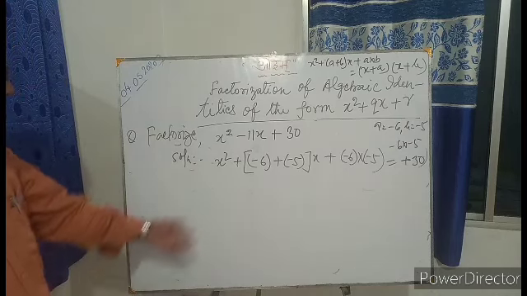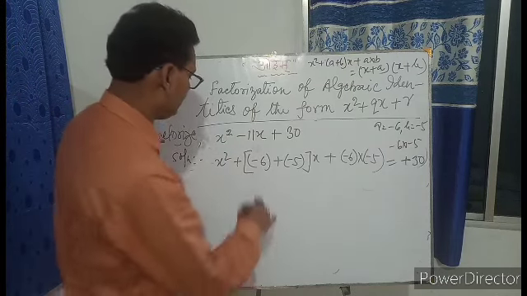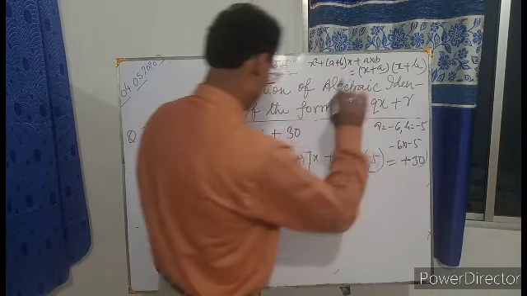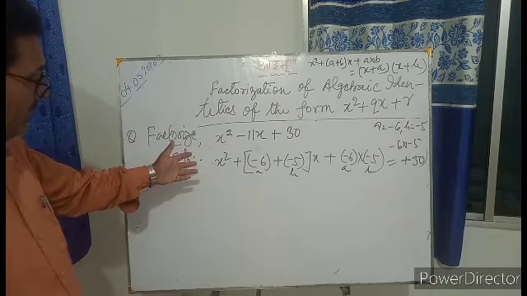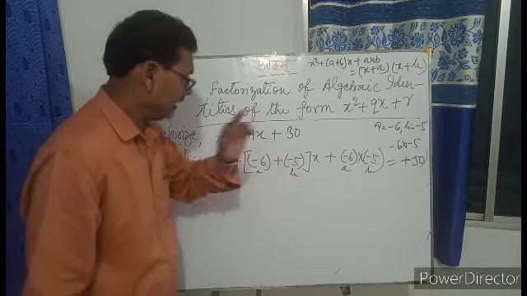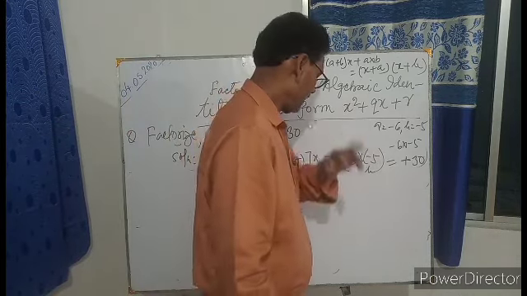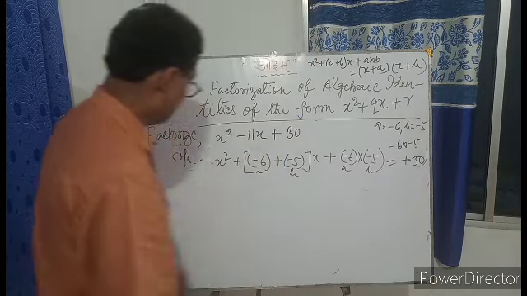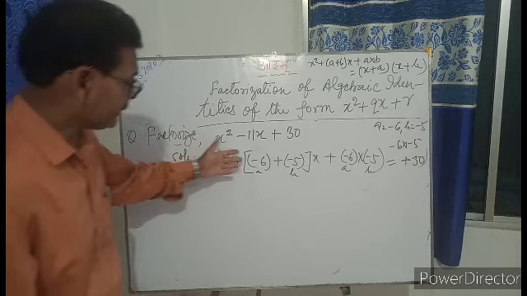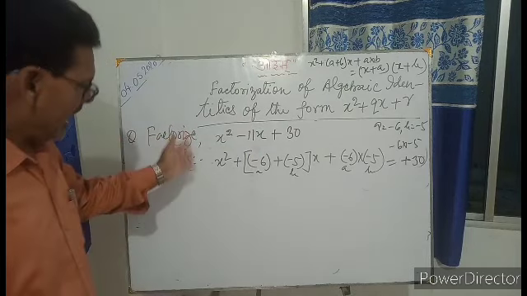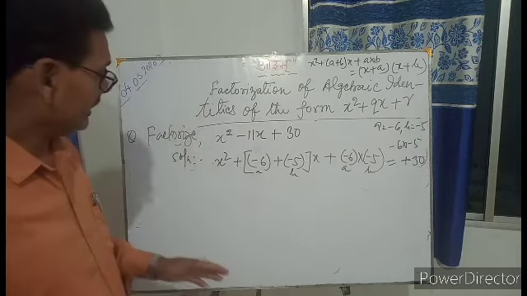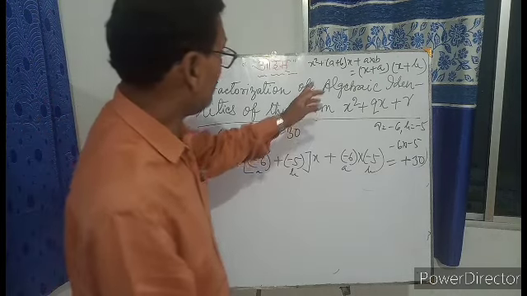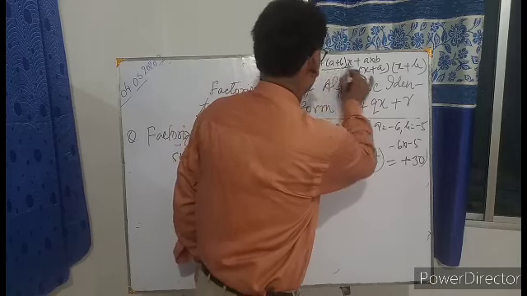ठीक है, a इक्वल टू -6, ये a हो गया, और ये b हो गया। नाउ इट हैज कम ऑन द पैटर्न x² प्लस a प्लस b इंटू x प्लस a इंटू b, a इक्वल टू -6, b इक्वल टू -5। यहां पर हमने ऐसा क्यों लिखा, ये आप कर सकते हो सर, ये प्लस वगैरह का चक्कर क्या है, कुछ नहीं बेटा,